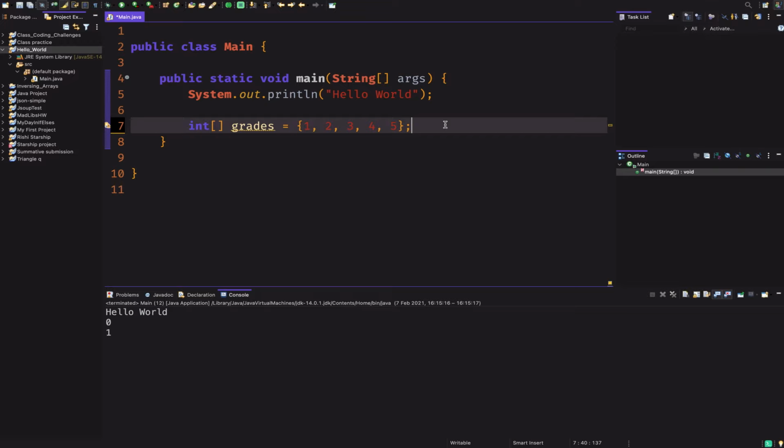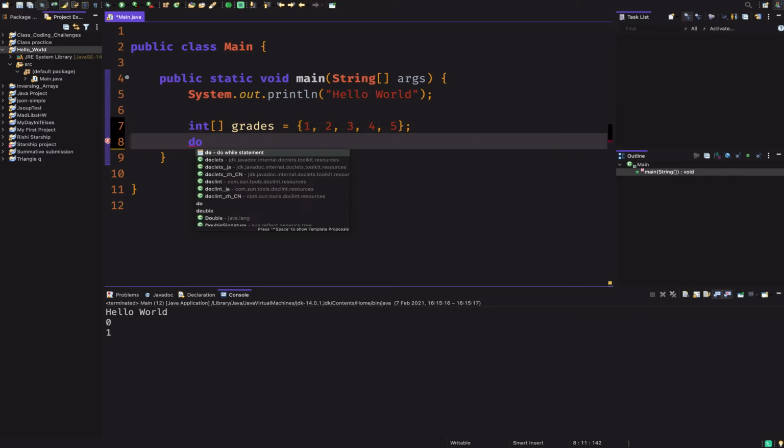An array might sound confusing, but think of it like a collection of things. Let's say I have a line of water bottles, so that would be called an array of water bottles. And in Java, an array can be a collection of any primitive data type, meaning I can have an array of characters, integers, doubles, floats, bytes, shorts, long, or booleans.